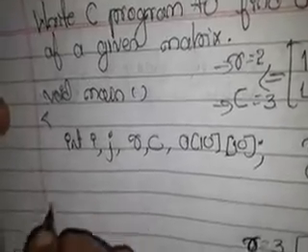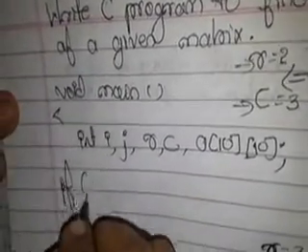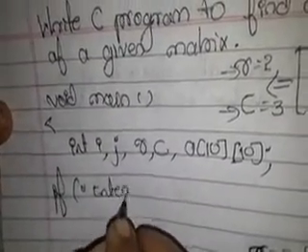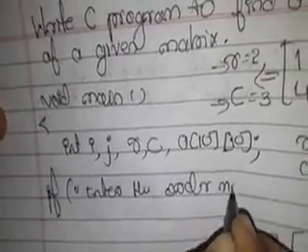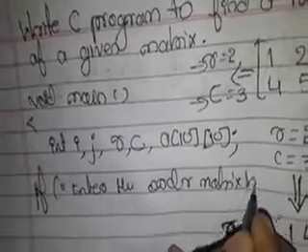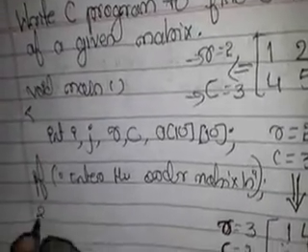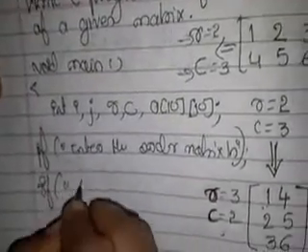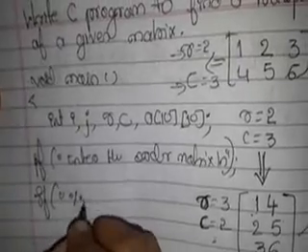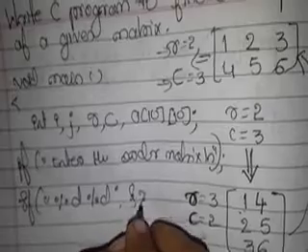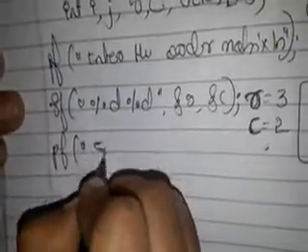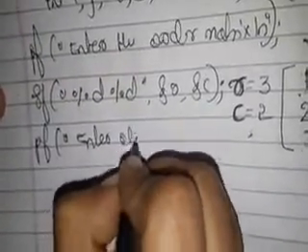And next to that, in short, I will be writing a printf: enter the order of the matrix. Meanwhile you start writing the program, while watching the video itself. At least the initial things, reading and writing, you have to do. Ampersand R and ampersand C. Next, what to do? I should ask the user to enter the array elements. Enter the elements of the matrix.